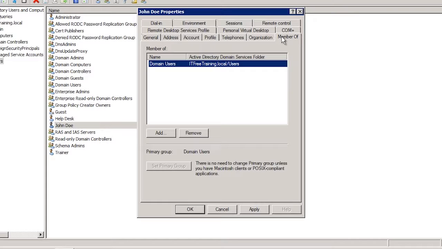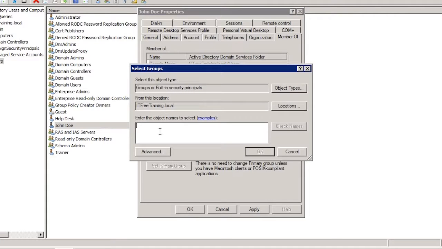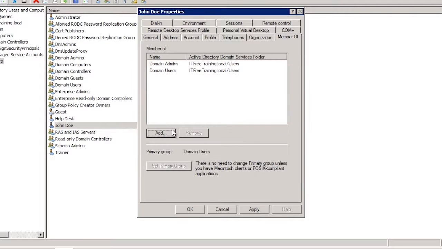If you want to add a group, select the option Add and enter in the group that you want to add. Once there is a second group and I can select one of the groups, the option Set Primary Group becomes available. This configures the primary group that is associated with that user. In a Windows environment, this does not affect anything. In other operating systems like Macintosh, this has an effect on file activities. For example, in Macintosh, when you create a new file, the primary user will be set to the primary group